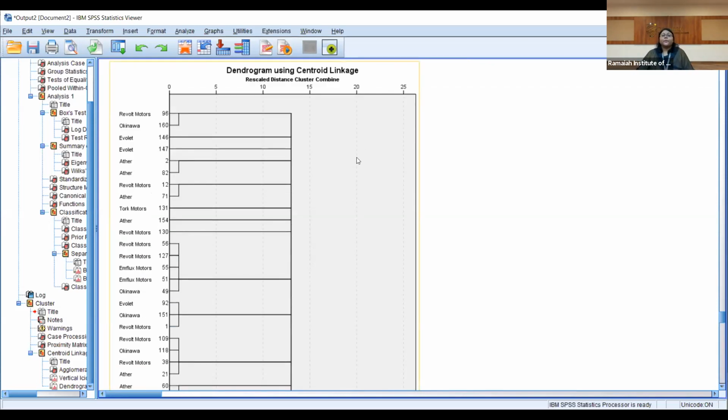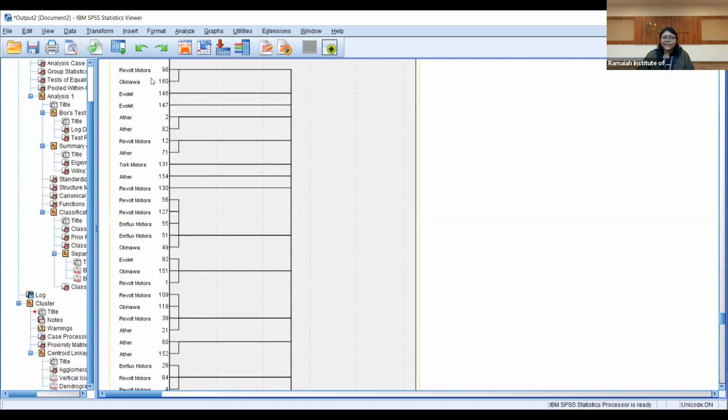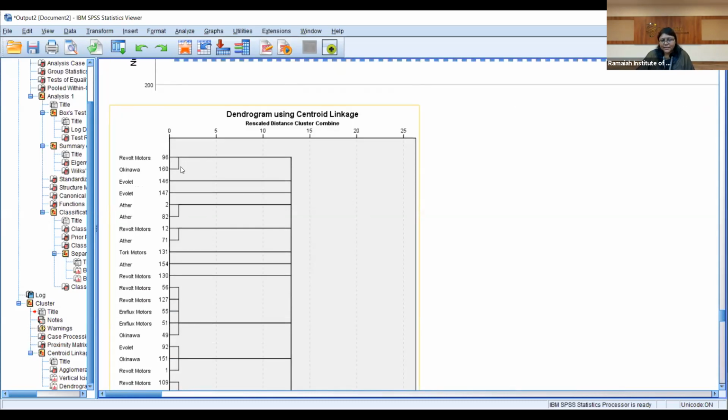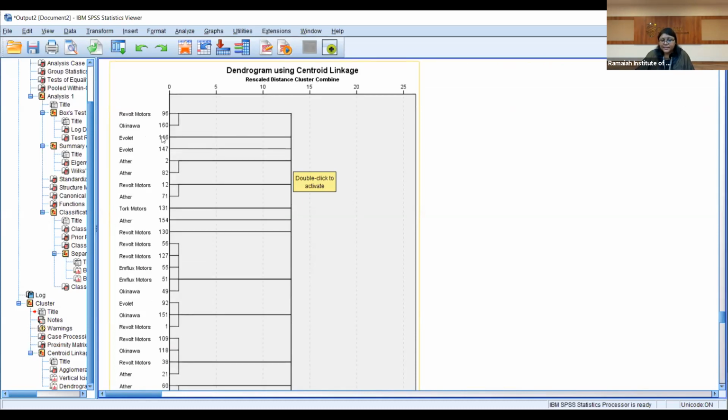Now this is more important, that is your dendrogram. In this dendrogram, if you notice this line, the first 2, it has combined together and made one line. That means it has combined these 2 and kept them in one cluster. After that, it found the third one, that is 146 and 147. These are different from this cluster. So that is how it created a next cluster.